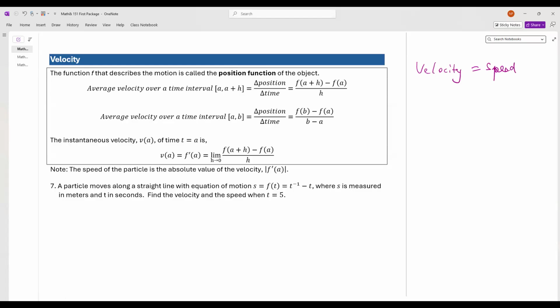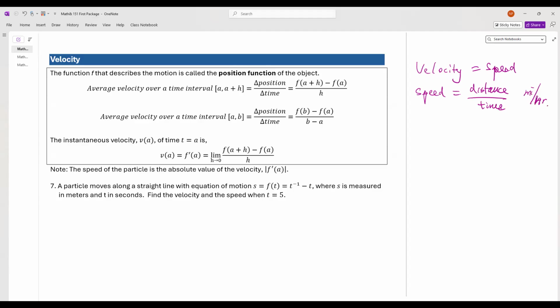What is the difference between velocity and speed? With velocity, we have positive velocity meaning moving forward, and negative velocity meaning moving backward. However, speed is just moving in one direction. Okay, so this is the difference between velocity and speed. As you know, speed is equal to distance over time. That's why you have miles per hour, meters per second, something like this, right?